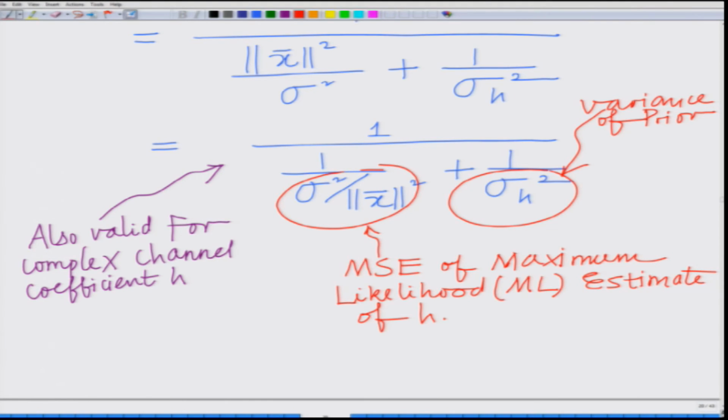So this is basically, now you can see, the harmonic mean,